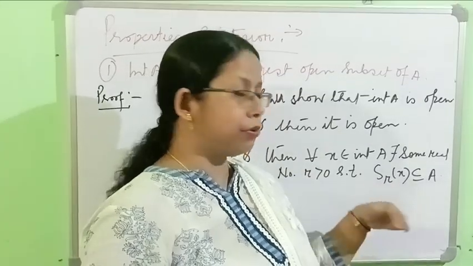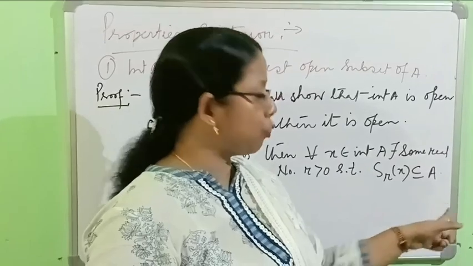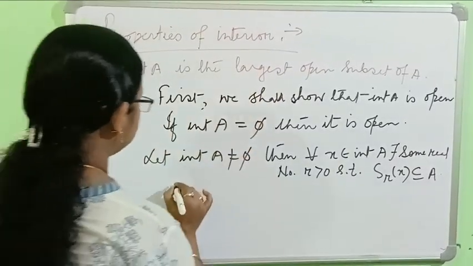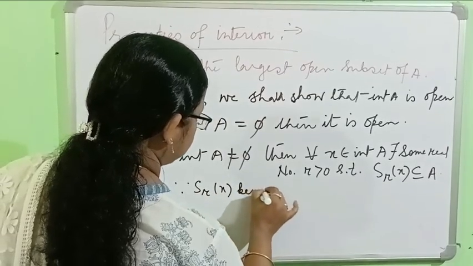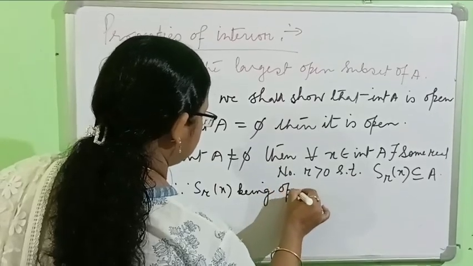This is an open sphere, so an open sphere is an open set. Since S_r(x) is an open set,